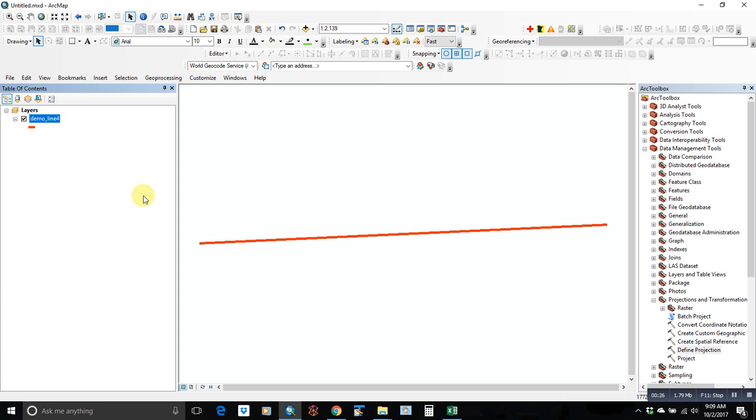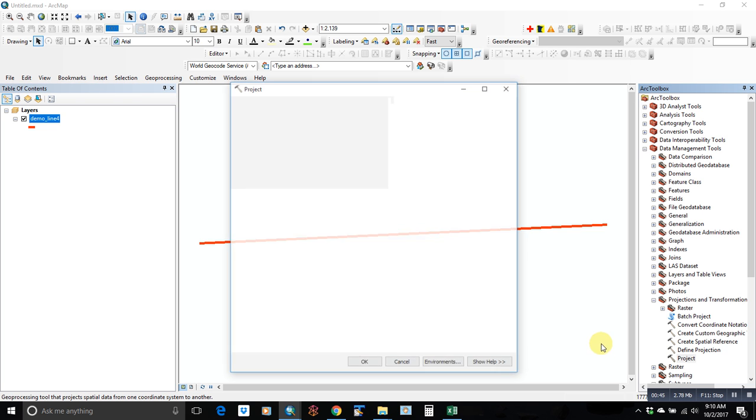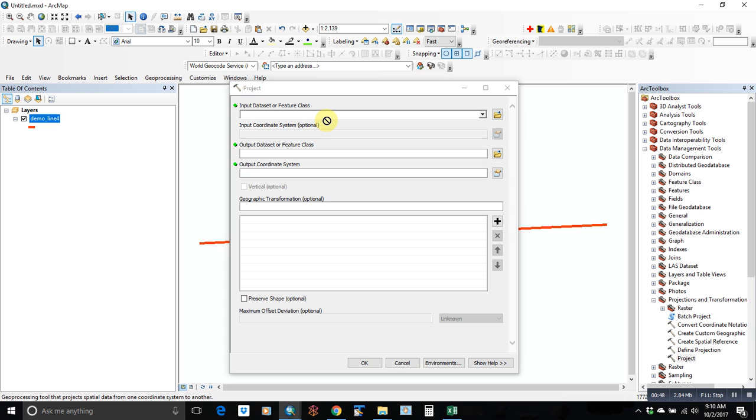So once we know what the projection is, what if we want to change that projection? Let's say somebody else needs the data and is working in a different coordinate system, or GPS has to have it in a certain coordinate system. So we can do that two ways. One is to go below the defined projection to this project, double click, drag it over. No matter how you do it, it's going to require that you create a new shape